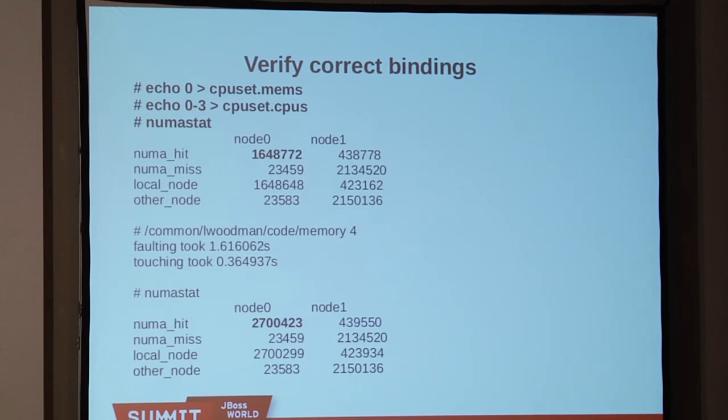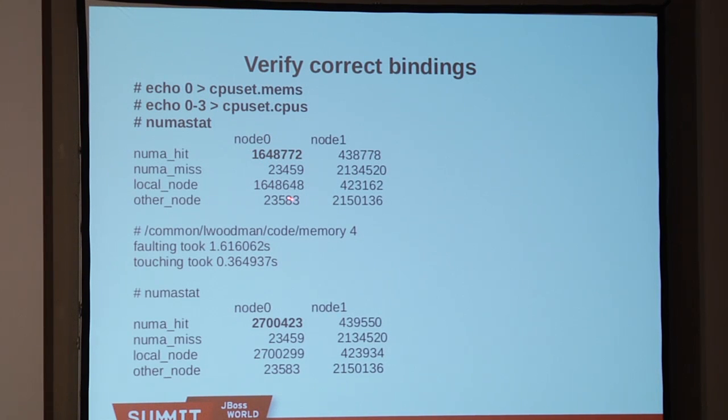And so after I did this, something to show you how this interacts with NUMA. In order to verify the bindings, we echo a 0 into mems and a 0-3 into cpus. So if we go back, we remember that numactl --hardware said that node 0 has CPUs 0 through 3. So if I do a numastat before I run this, I see the number of hits. I run the program and measure the time, and then you can see that